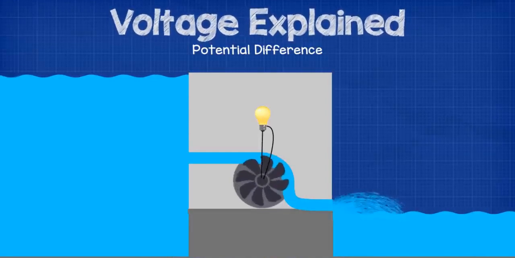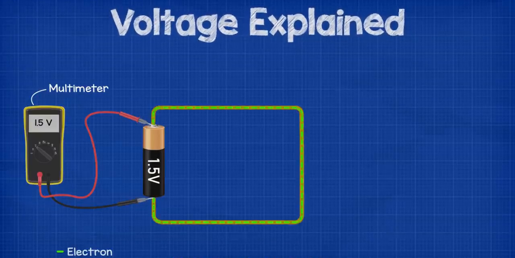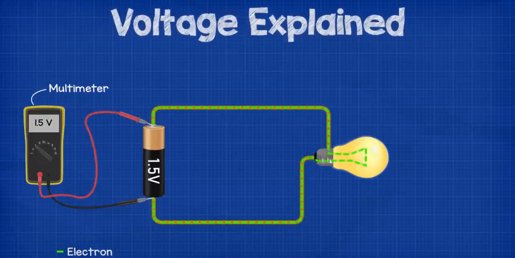an entire town. Back to the electrical circuit, this battery has a potential difference of 1.5 volts between its negative and positive terminal. If we connect a piece of wire to both terminals of a battery, then the pressure of the battery will force the electrons to flow all in the same direction along the same path. We can then place electrical components in the path of these electrons to do work for us. For example, if we place a lamp into the circuit, then this will light up as the electrons flow through